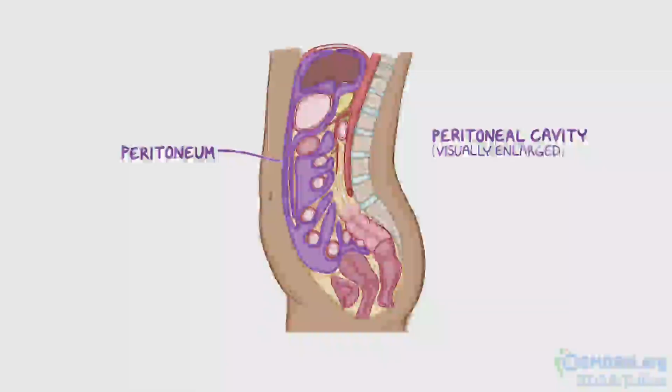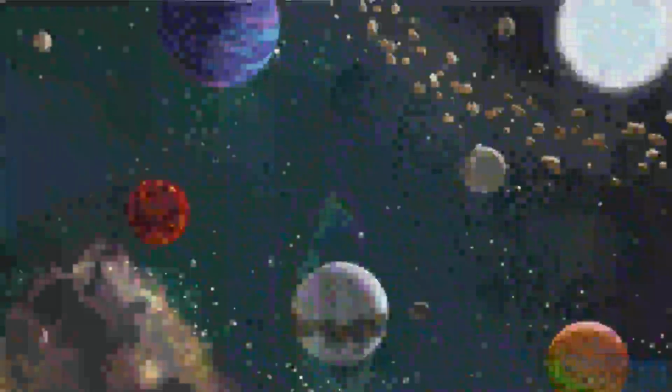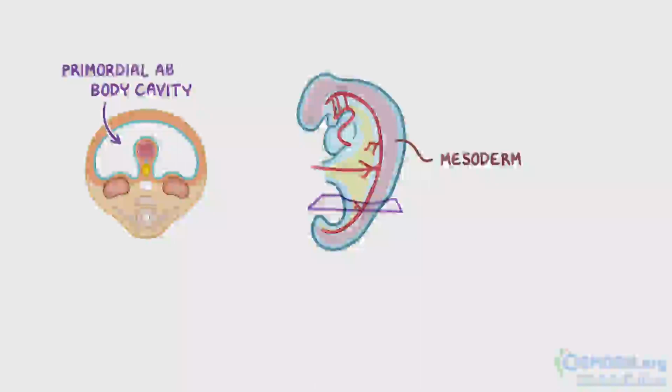At first glance, the peritoneum and peritoneal cavity seem pretty simple, but some aspects, like the peritoneal ligaments, can be a bit confusing. In order to understand them, we need to go way back to their embryological formation. Once upon a time, in an amniotic galaxy far, far away, the embryonic body cavity is lined with mesoderm. As the fetus is developing, the embryonic body cavity becomes the primordial abdominal cavity, and the mesoderm lining it becomes